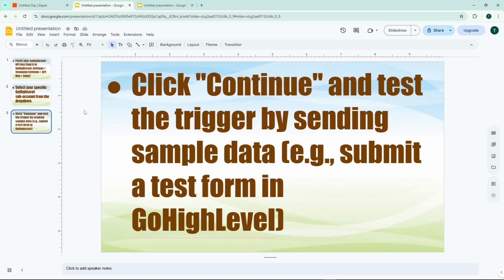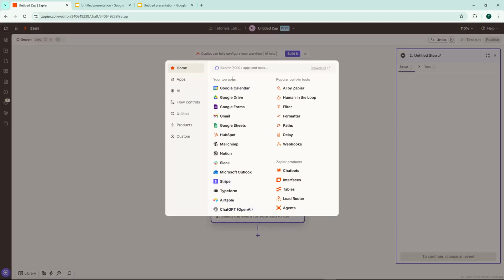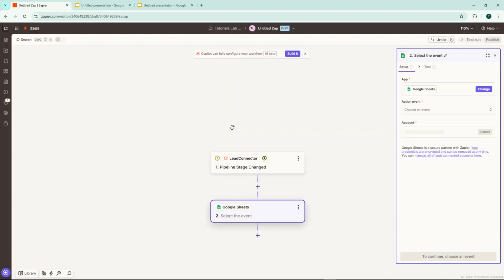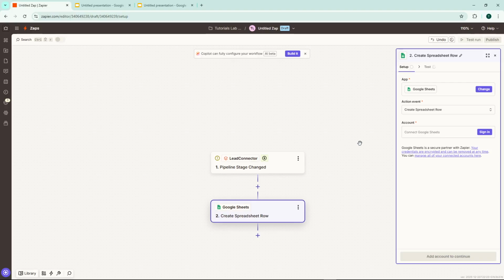Now we move to the action part of your Zap. Click the Action button, then use the search bar to find and select Google Sheets. This is where your Go Highlevel data will be sent. Choose an action event such as Create Spreadsheet Row. This action will add a new row to your Google Sheet every time the trigger fires, keeping all your data